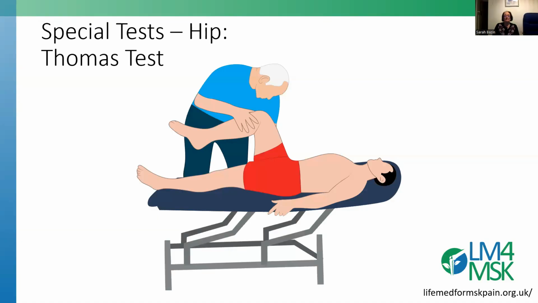One of the common tests we use is the Thomas's test, and Thomas is famous in Liverpool because he practiced in Liverpool, though he's originally from Wales. The Thomas test was done in an era when there used to be a lot of tuberculosis in the hip. The Thomas test is to find out how much flexion deformity there is in the hip. The way to do that is to bend the normal leg to a point where the lumbar lordosis